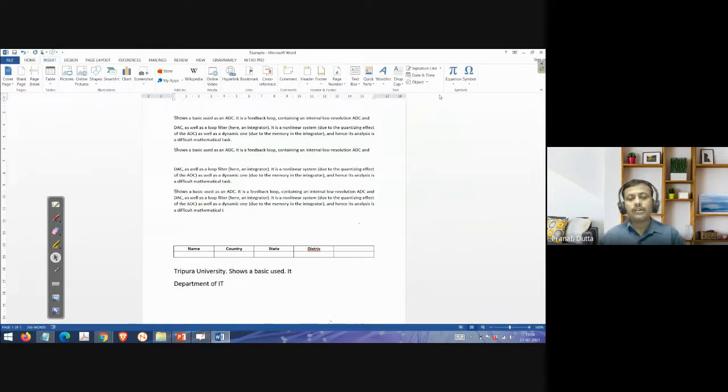Then Control Shift and the down button. The whole paragraph is selected. And if I want to select the whole paragraph upward, Control Shift and the up button. So I can use these keys to select the whole paragraph.